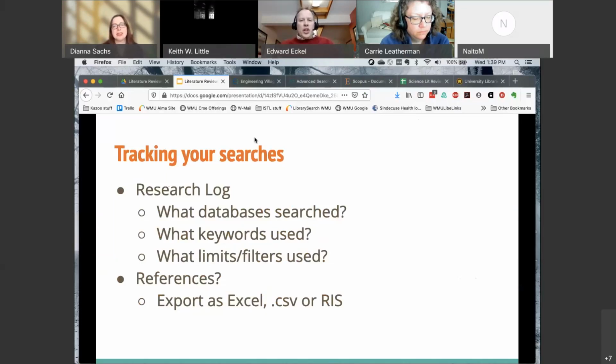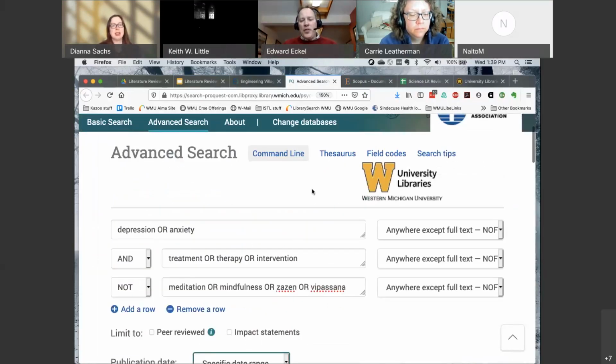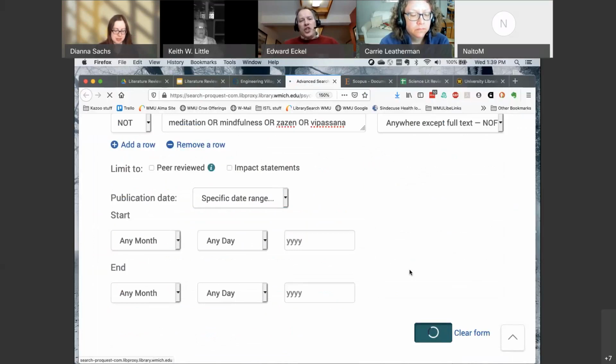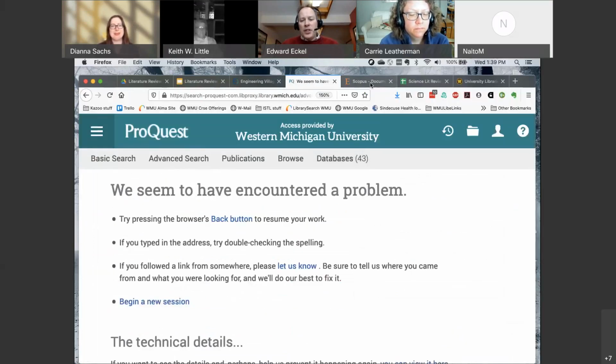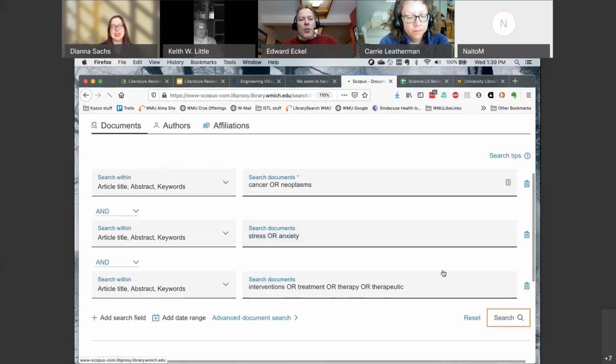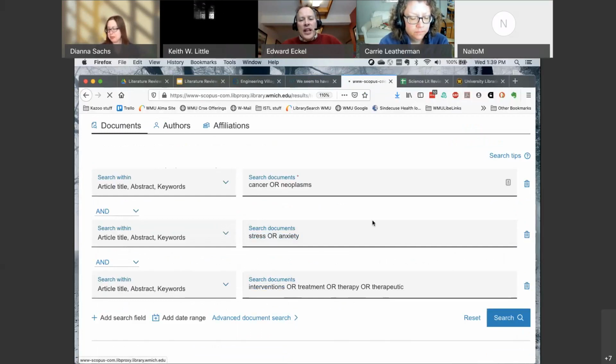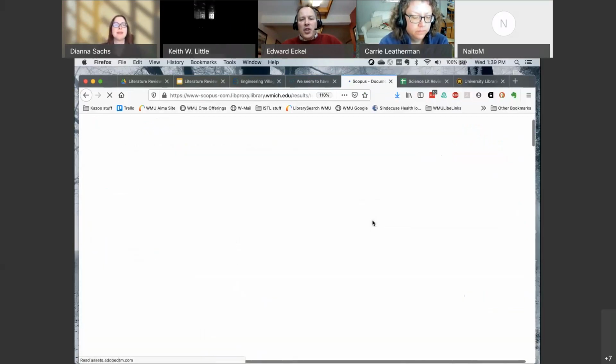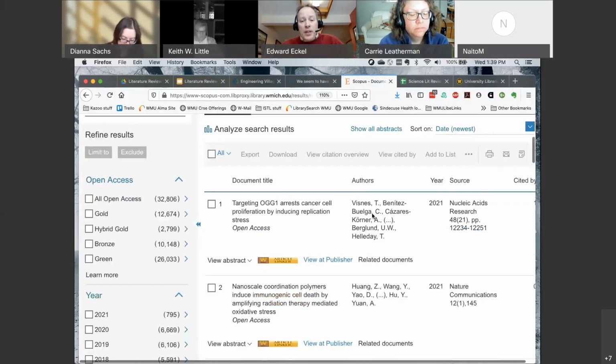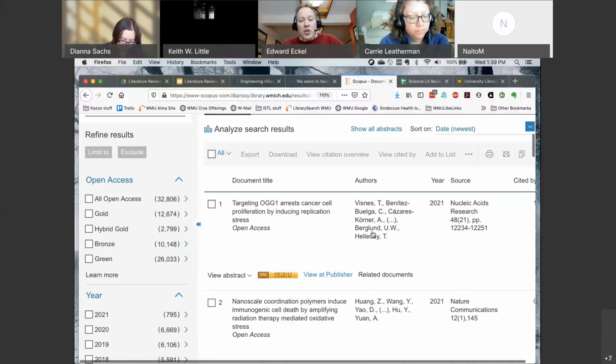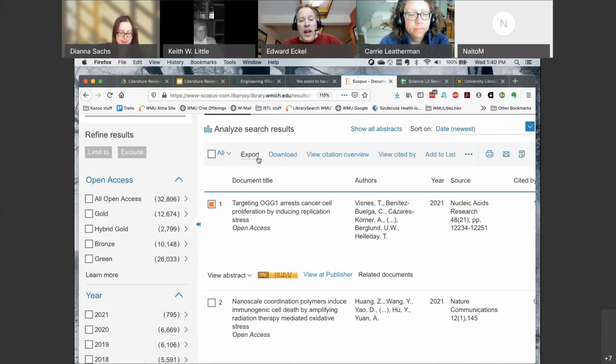As you search and you collect your references, so if I go to PsycInfo and I run this search, as you run your searches, you're going to want to have some way of collecting the references. Okay, let me run to Scopus here. You're going to want a way of collecting the references or citations that you've searched so that you can review them to see if they are relevant to your project. Okay, so most databases, when you get search results, you'll have an opportunity to export references or download them.